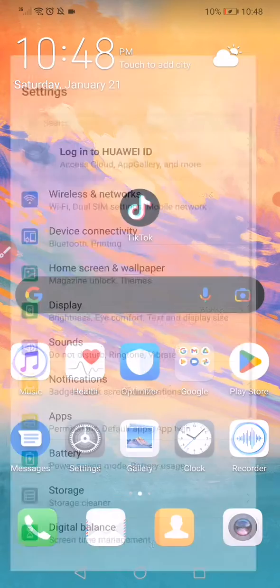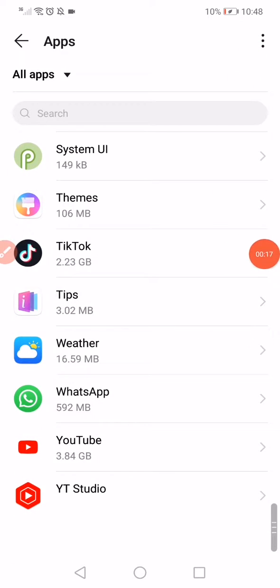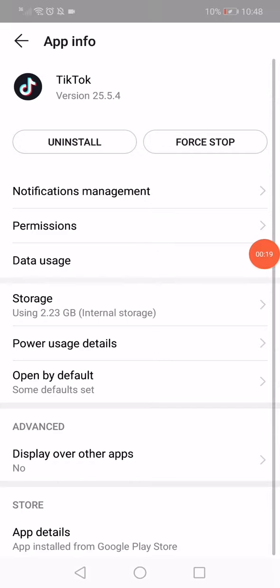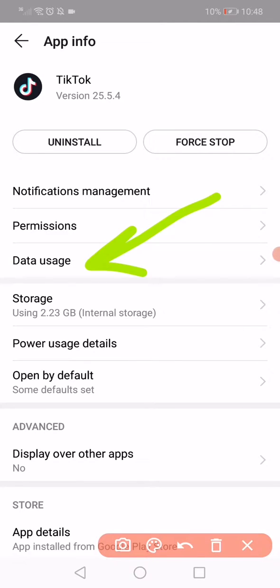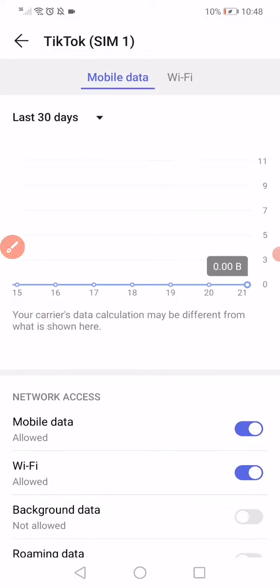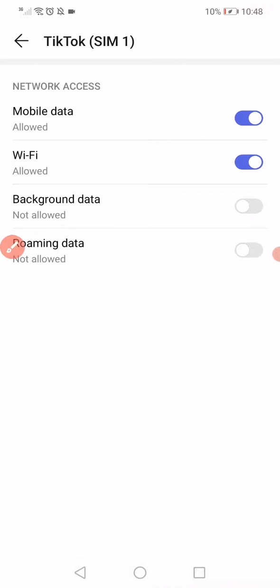First thing, open the settings, go to the apps manager, open the apps and then go to the TikTok app here. Now all what you want to do here is click on this force stop option and then go to the data usage right here as you can see. Now all what you want to do here is make sure to enable all those options like this